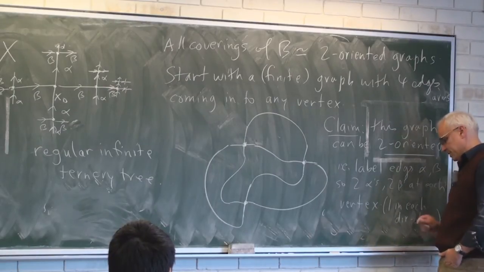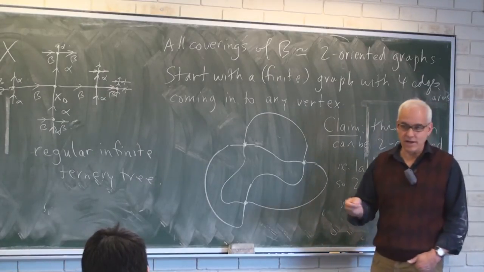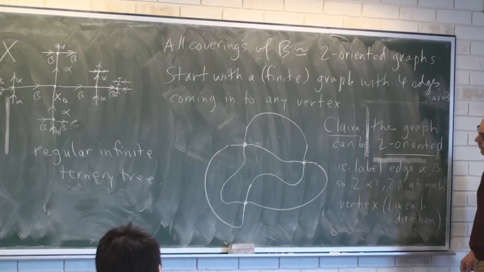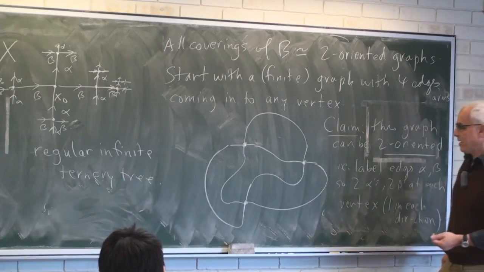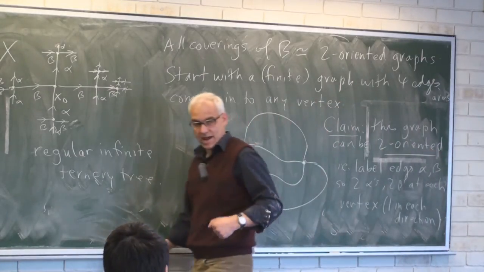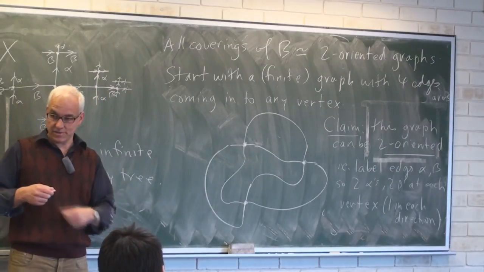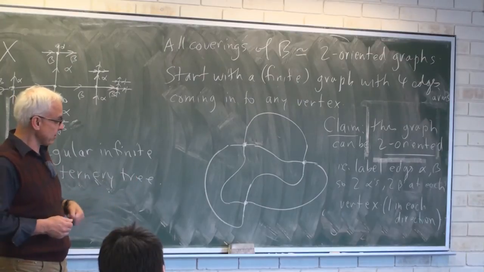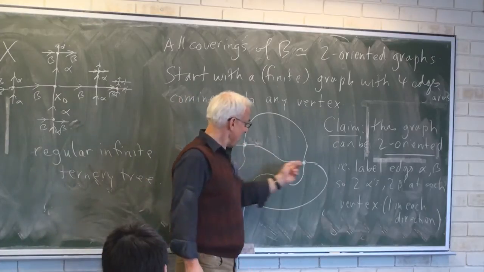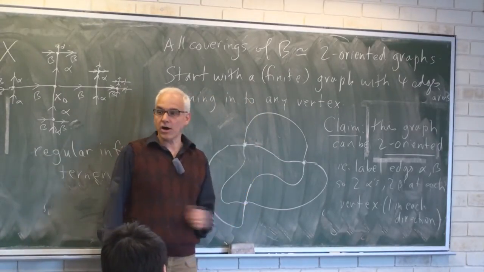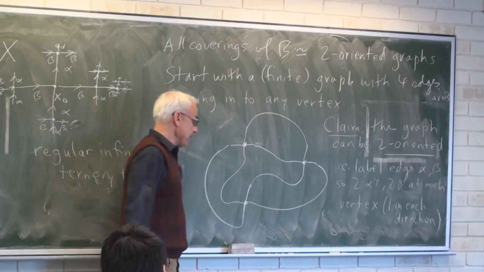So how do we see that? The proof relies on a classical, relatively elementary result of graph theory, which is the existence of an Eulerian circuit. An Euler path is a path on a graph that visits every edge once, and an Eulerian circuit is a circuit that starts and ends at the same point and passes along every edge exactly once. Eulerian circuits exist as long as all the vertices are of even degree, which we have here. So we can easily make an Eulerian circuit.